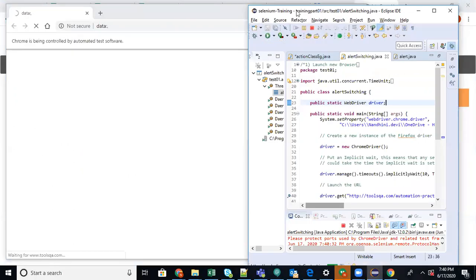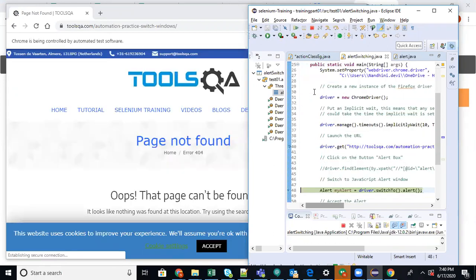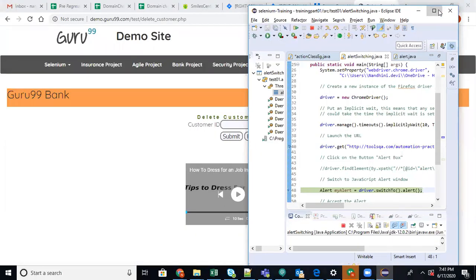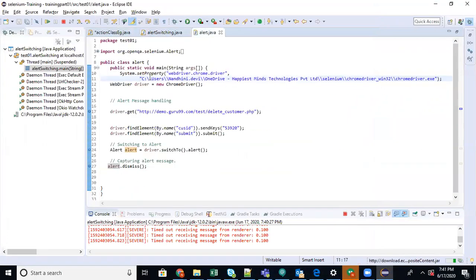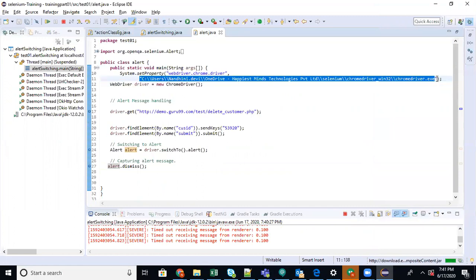If you want to accept, then alert object dot accept. If you want to dismiss, then alert object dot dismiss. Oh, this one is not working, sorry. This is the one that's working.